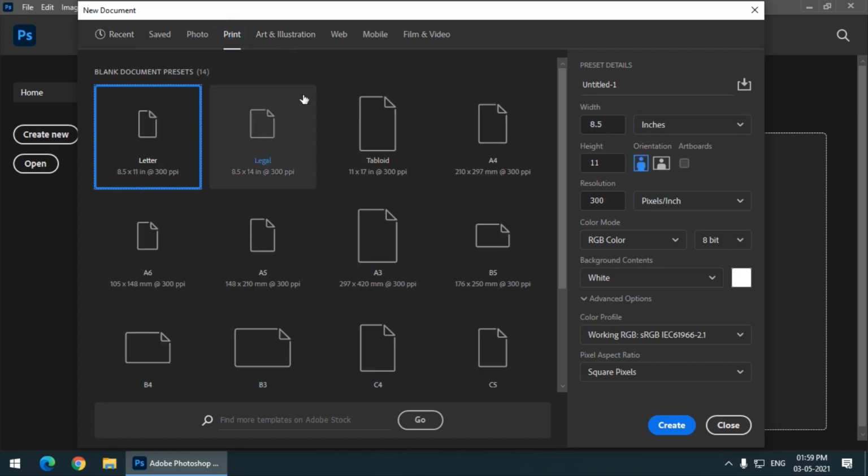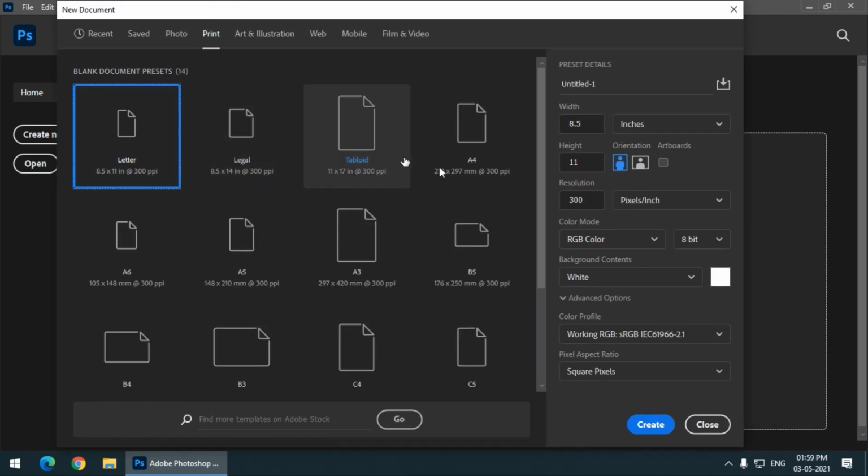Let's say from print I want to use A4, A3 or letter size, or let's say I want to use a totally different size, a new size, then I can choose the width and height of the document from this dialog box, and I can change the units. Presently the units are inches, but let's say I want pixels, so I can choose centimeters, I can choose pixels.